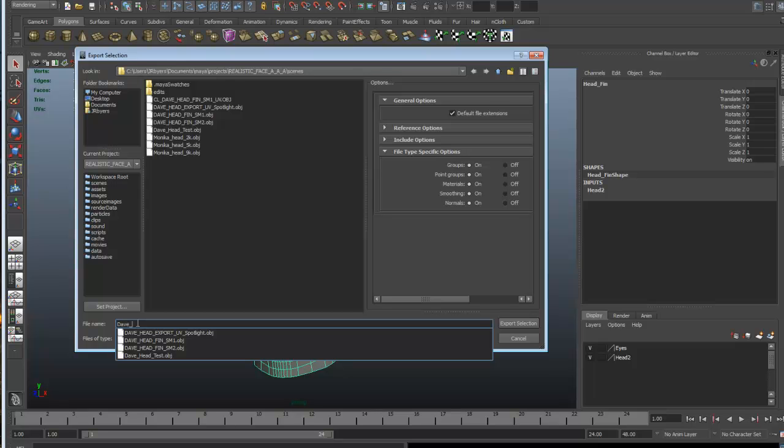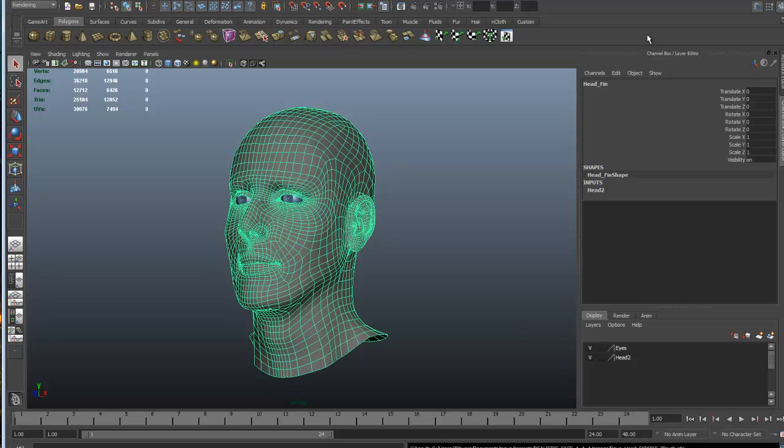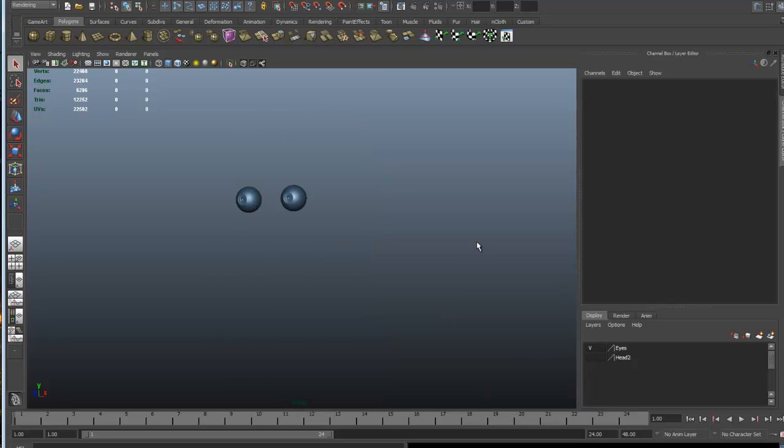your name of the head, and something like export ZBrush. Okay. Alright, so let's go ahead and export, and we're done with this right now. So what we'll do is, since we have this in a layer, we'll go ahead and hide that, hide the eyes. We'll actually leave the eyes in there,